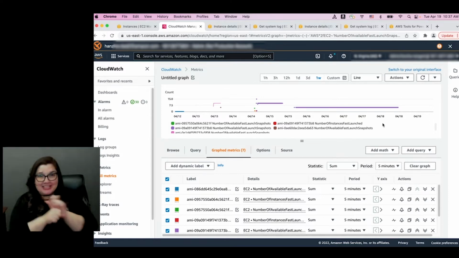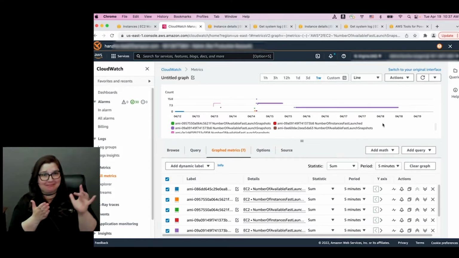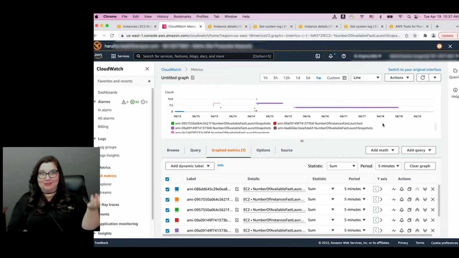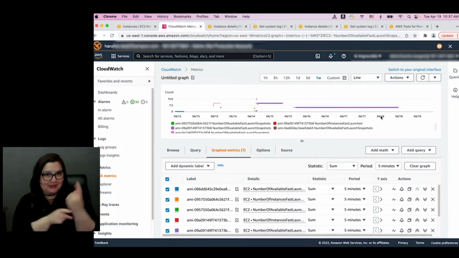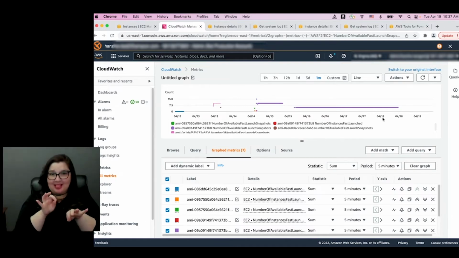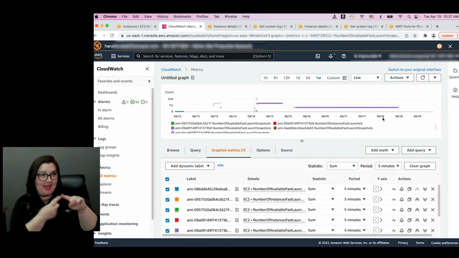So literally, it's just a checkbox inside the console. Turn this on, and then you're off and running, right? I mean, that's super cool. It's as simple as that. Now you can also do this via API and CLI, and we'll show you an example API in a second. But first, we'll show you the log file.